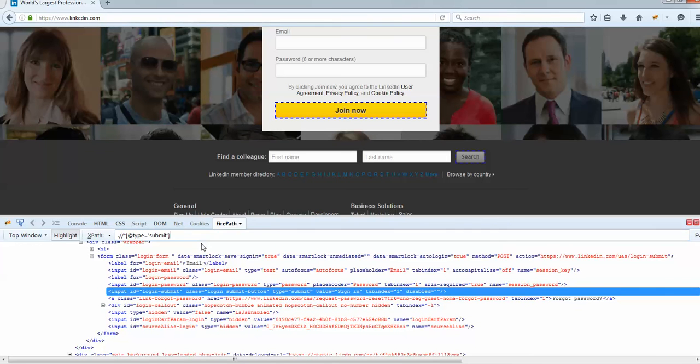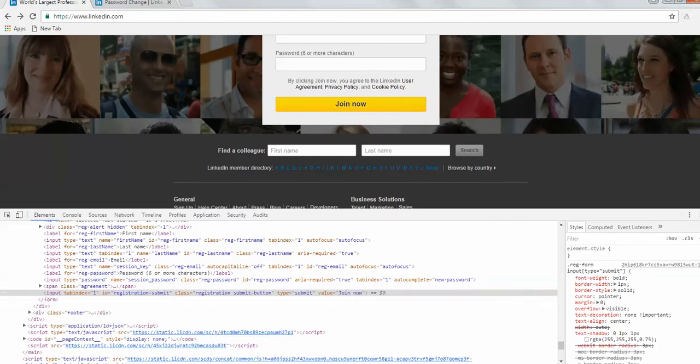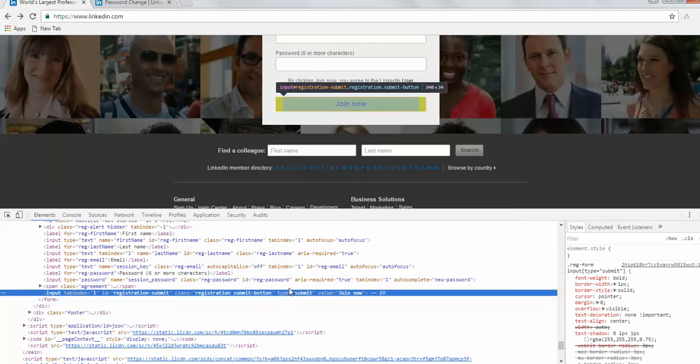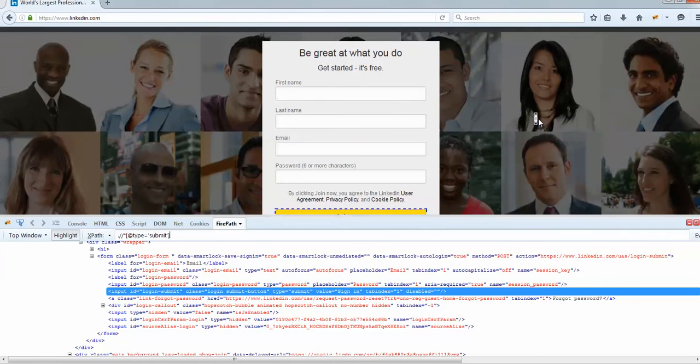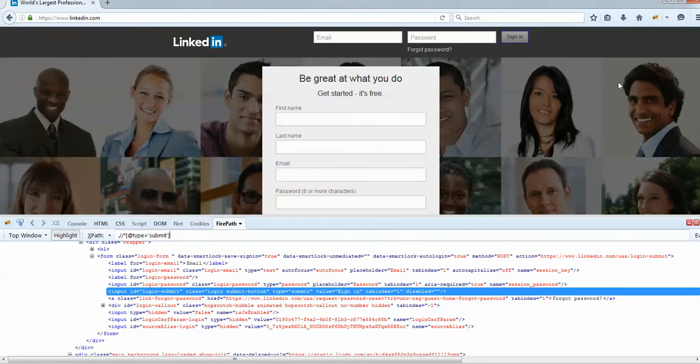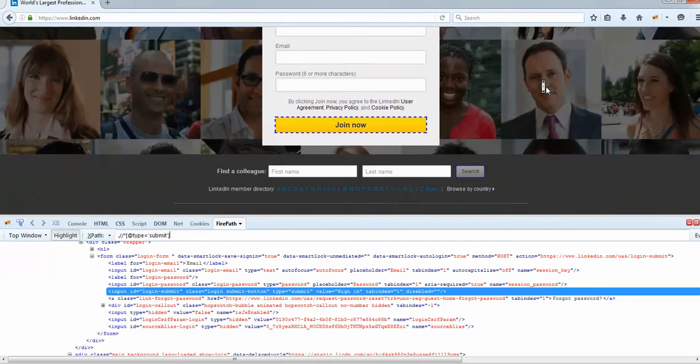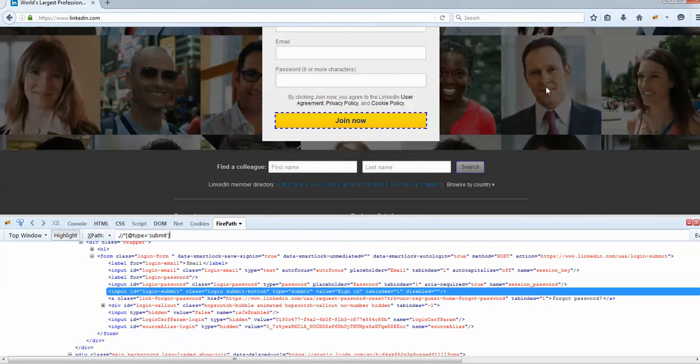Now when I set at the rate of type is equal to submit, when I'm identifying something which is of type submit, which is of join now here, I got, if you see, search is also highlighted, join now is also highlighted, and sign in also is highlighted. So with the same XPath I found three different elements here.